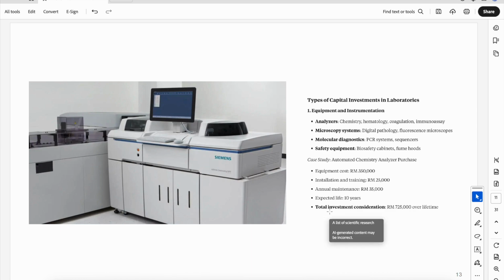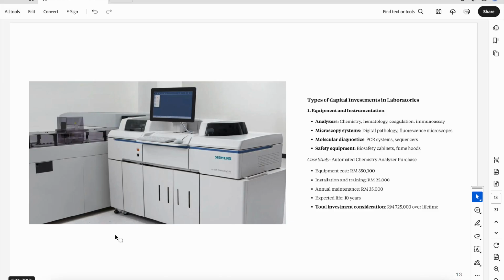Types of capital investment in laboratories. Let me walk you through the main categories of capital investments you'll encounter. Number 1, equipment and instrumentation. This is typically the largest category of capital investments for laboratories. Analyzers for chemistry, hematology, coagulation, and immunoassay represent major investments that can range from hundreds of thousands to millions of